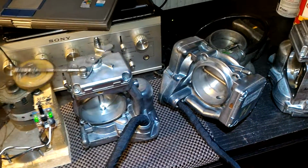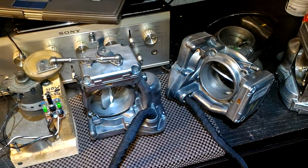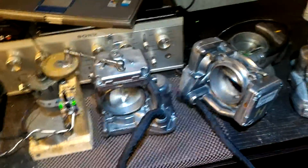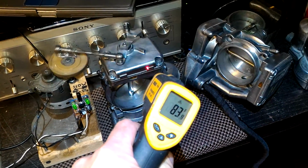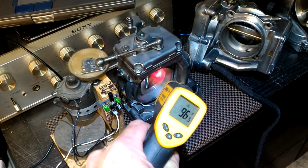So as you can see, now they're energized. They've been energized like this for quite a long time now, I would say about 5 hours or so. And I'll show you the temperatures so you can see the throttle body temperatures here. Let's see, the hottest area we're going to catch up